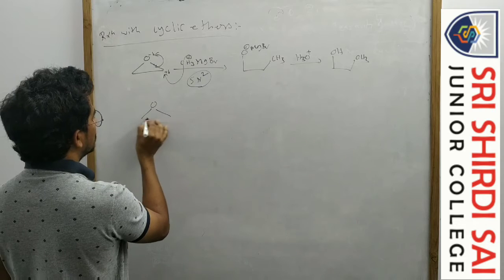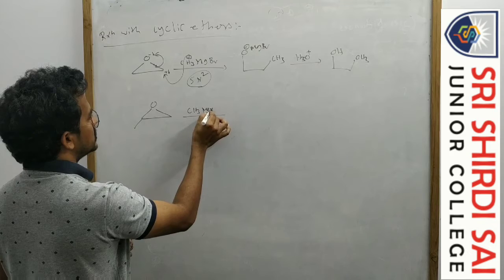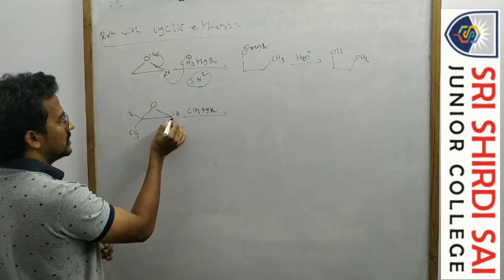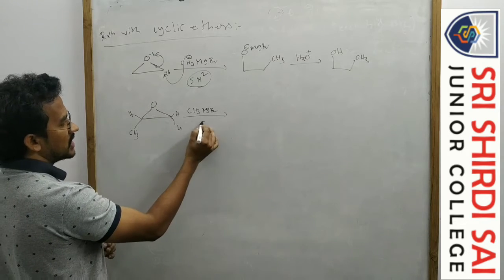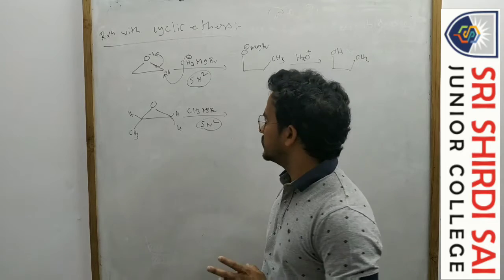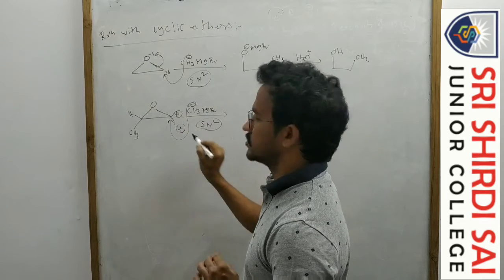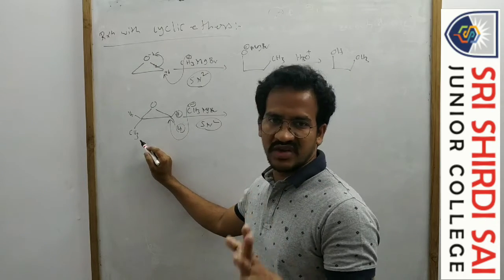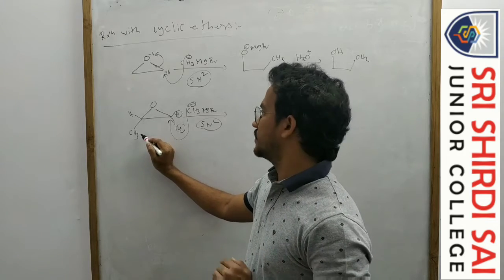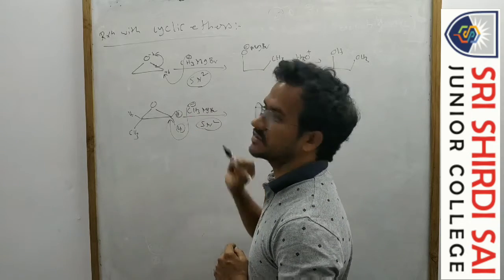But suppose in the case of an unsymmetrical one, with CH3MgBr. So this one has the CH3 and this has the hydrogen. Here both are hydrogens. In an SN2 type reaction, generally we say reactivity is based on the steric factor. So CH3 minus attacks this carbon because it has two hydrogens, smaller groups. But on the other side there are methyl groups, so due to the steric factor, if CH3 minus attacks at that carbon, it may repel with the methyl group. In this case, both are hydrogens, so both are smaller groups. So CH3 minus attacks at this carbon.